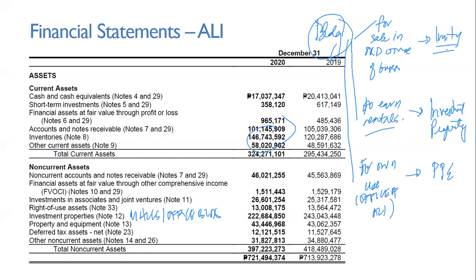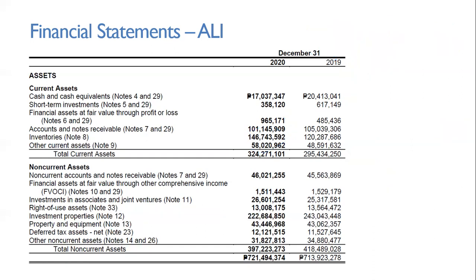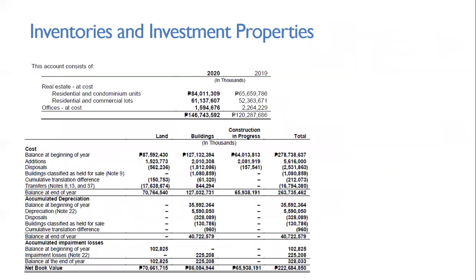Okay? So kahit pare-pareho silang building, depende sa purpose, doon mo sila makikita in the proper financial statement item. So that's something worth looking into. So that's why if you look at inventories, this account consists of residential and condo units, residential and commercial lots. So in a normal merchandising business, if you own a building, PPE yan, right? But in this case, because ang kanyang business is to buy and to sell residential and condo units, then it's inventory